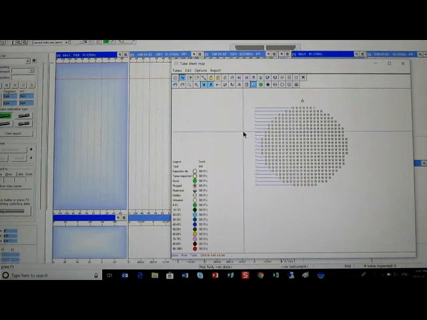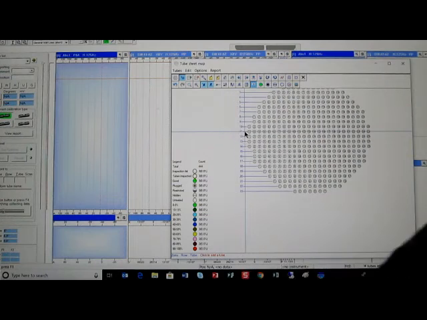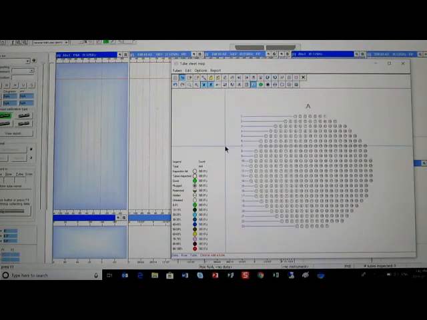We can zoom in by using the I key, zoom out by using the O key, and drag around by using right click and drag. Now notice that the legend has already calculated that there are 444 tubes in this particular bundle. Now at the moment this bundle is not on EasyLog's tube list,